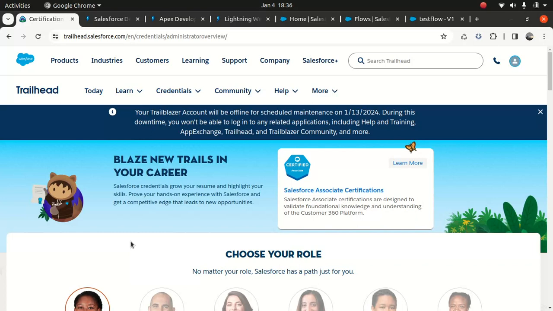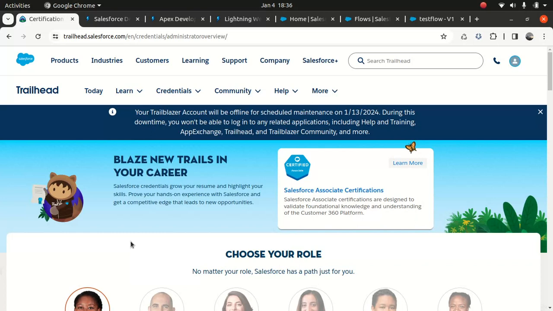Let's say you're a senior developer, you understand what it means to be a developer, right? You understand lots of years of experience, somebody who is passionate about how to code and knows where to go from A to Z. Now in Salesforce, we have this certification structure like a pyramid.